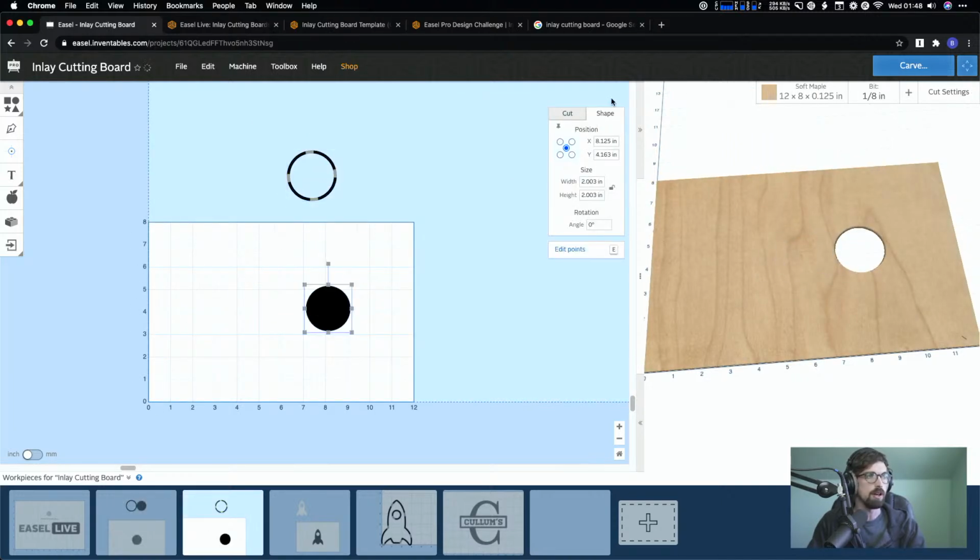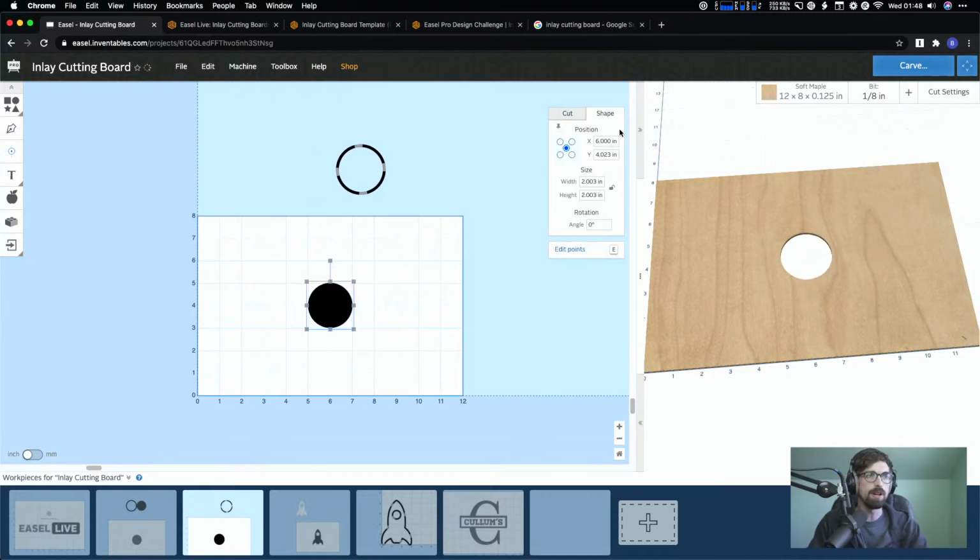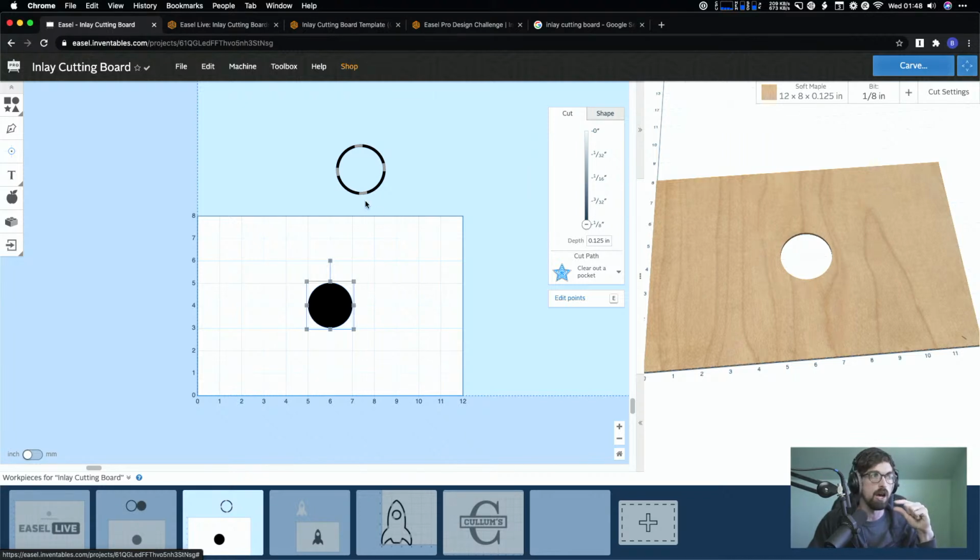I'm going to move this off for now. This is going to be 6, and this is going to be 4. And then you would set this to whatever depth you want your actual pocket to be. And so that's going to be whatever the thickness of your wood is that you're cutting out to put the inlay in. And so, I mean, we've seen anything from, I mean, you can make it really whatever you want, but a lot of people will have like 1/8 inch hardwood that they'll plane down, or you can buy 1/8 inch or even 1/16. And so it's almost kind of like you're doing a veneer,